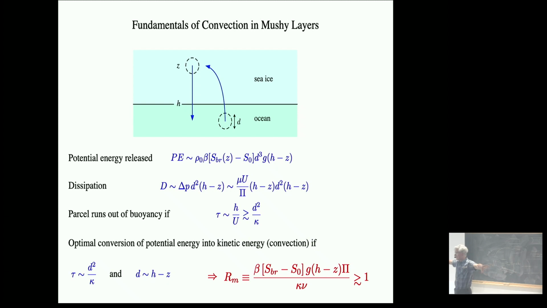Now I can try and hold on to my buoyancy, not give myself enough time for it to diffuse away by moving rapidly. But if I move rapidly, I'll get lots of dissipation. So we have to find the sweet spot in the middle where I'm not losing my buoyancy by diffusion and I'm also not dissipating too much. And all of those considerations tell us that we'll get our optimal